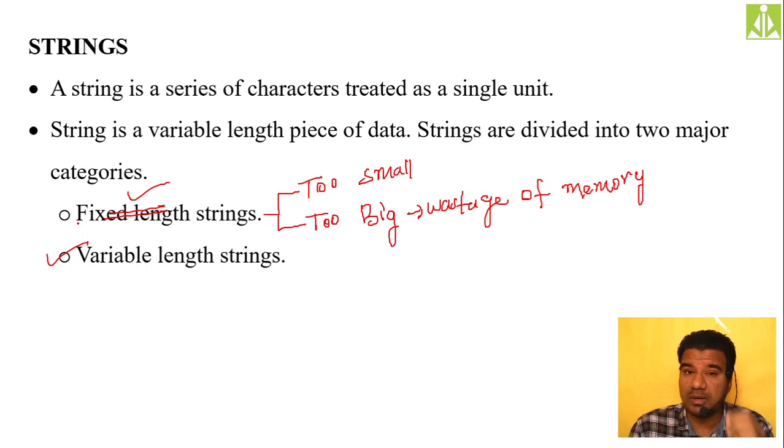But in case of variable length strings, the compiler will not know where to stop. So when it has started the reading process of a variable length string, if you don't specify where to stop the reading process, it will read the entire memory. It will read other unwanted characters as well from the main memory, because it doesn't know where to stop.